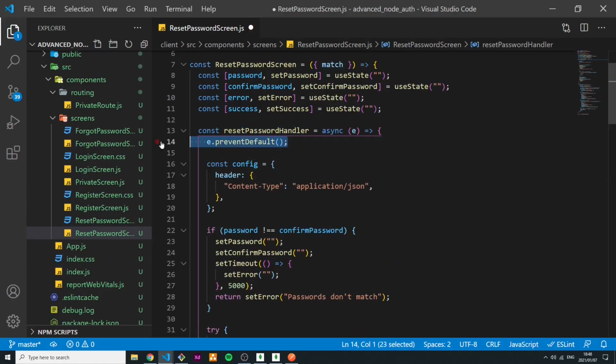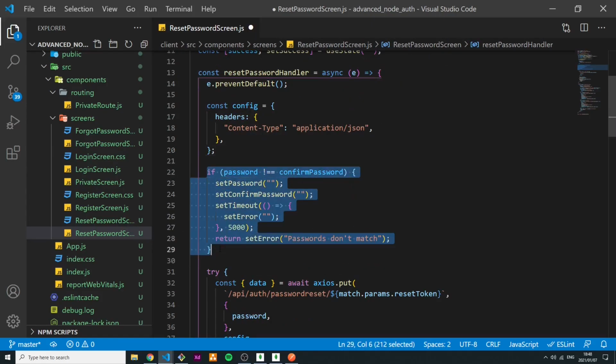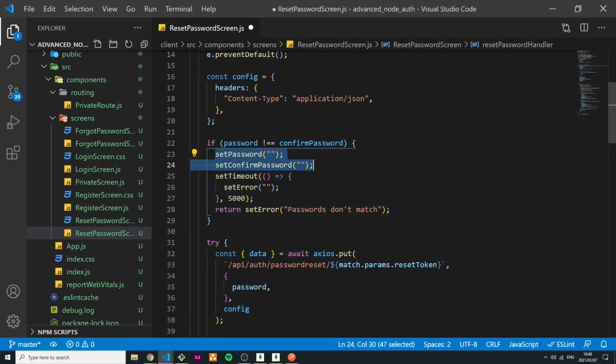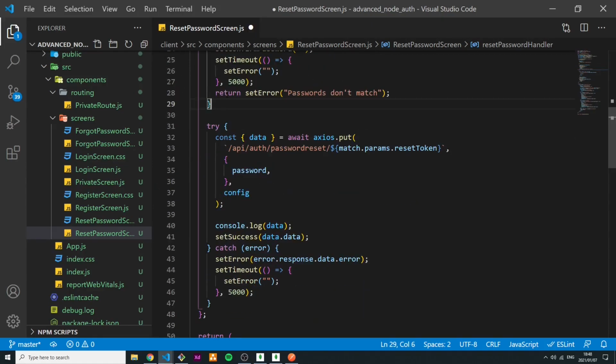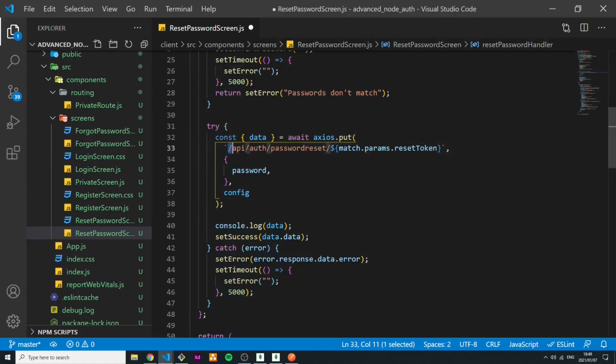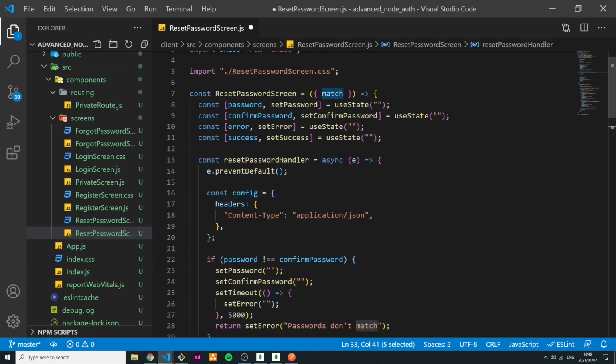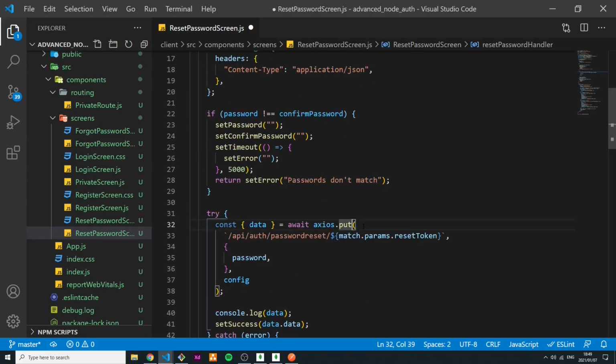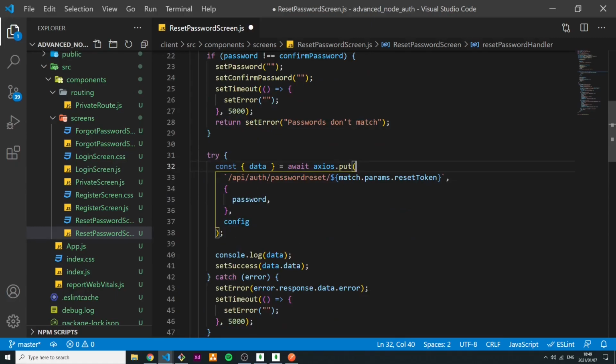In here we prevent default for the form again. We have our content headers, our headers we set. Then we check if these two passwords do not match. We clear their state, and then we set an error and return. We don't want to do anything further if they do not match, so that's why we return. Then in the try catch, we make our Axios request to the API auth password reset, and here is where we get the token. So we destructure from our props the match prop,